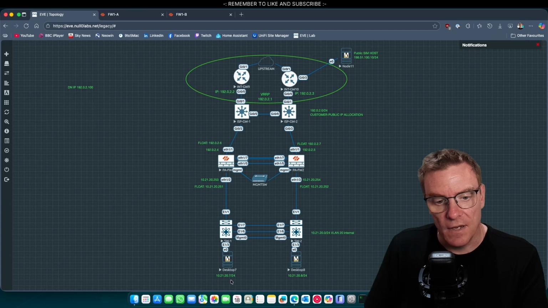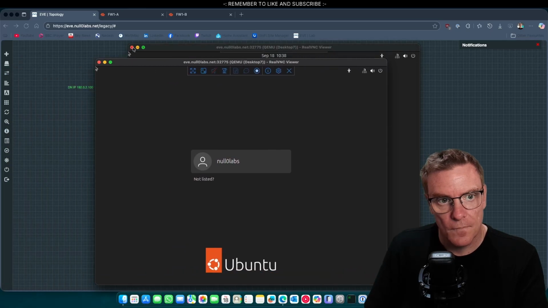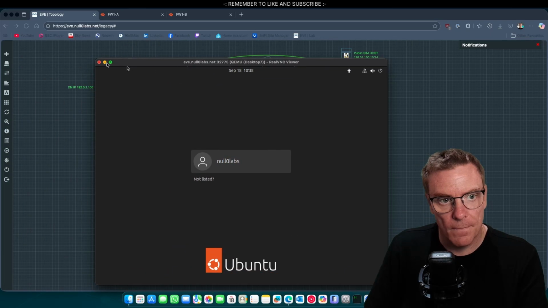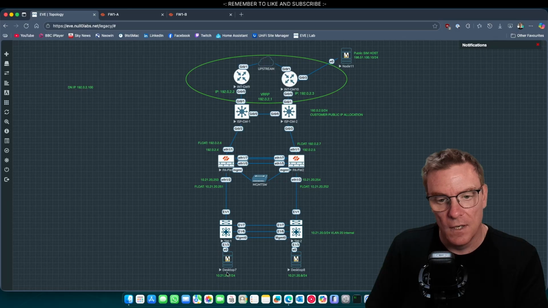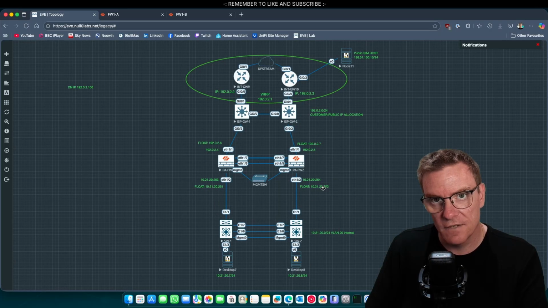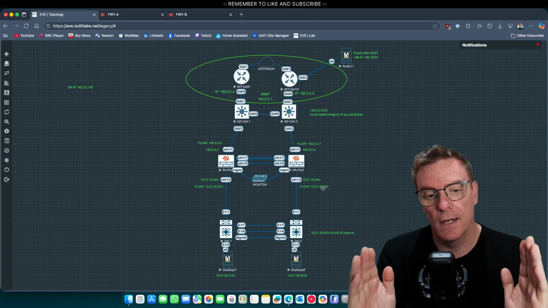Now, if we jump onto one of our desktops, it was left in a state that it was pointing at the physical IP address of 10.21.20.254, which means it would go here and it wouldn't fail over. So we're going to point it at the new floating IP address for this device, and we'll point this one at this floating IP address, and then we can test the flows out,